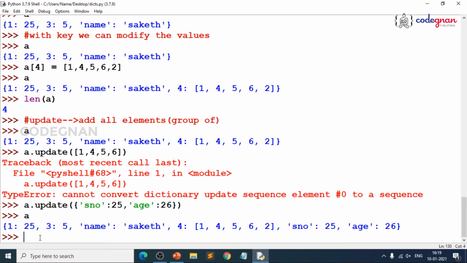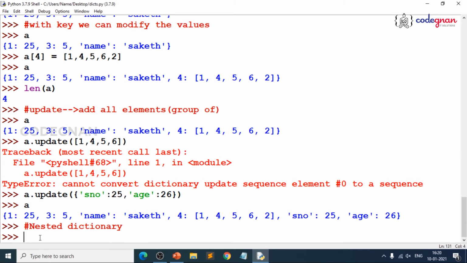It is very simple. In the same way, how can we create nested dictionaries? Because the same process executes. That means if I give a is equal to curly brace open, and let me give my name and my details over there, something like age 27, and suppose I write gender and I give male, this is one pair.